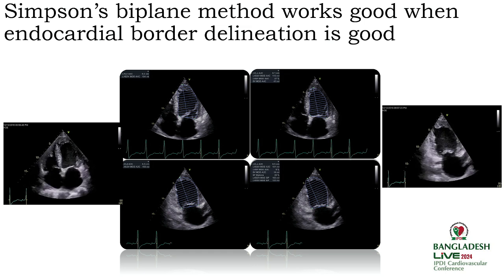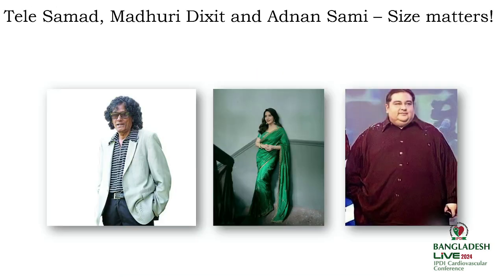So the pitfall is that if the left ventricle has a predominant problem in the septum or in the posterior wall, then because of the lack of consideration of the apical long axis view in the routine biplane determination by Simpson's method, we can overestimate or underestimate the Simpson's ejection fraction. So Simpson's is not always the answer.